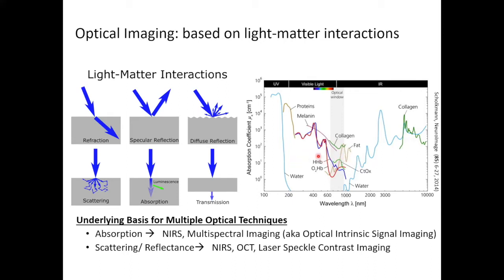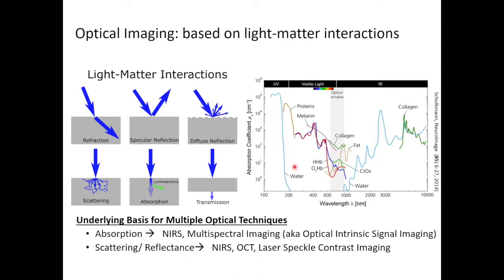This figure here on the right illustrates another very important aspect, and that's the fact that the wavelength of light determines to a high degree the extent to which matter and light will interact with one another. So there's a wavelength dependency on the level at which it happens. What this depicts specifically is the absorption coefficient of different molecules that you'll find in tissue, again, chromophores or tissue constituents. Importantly,